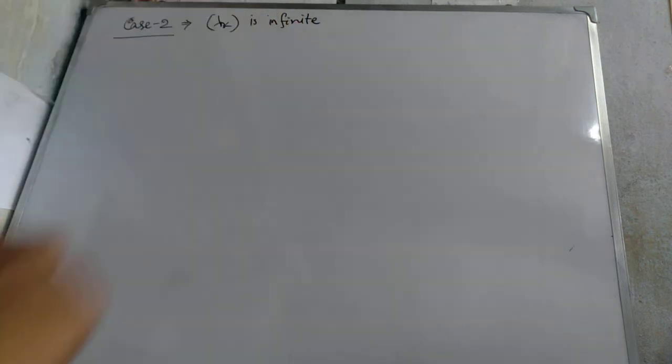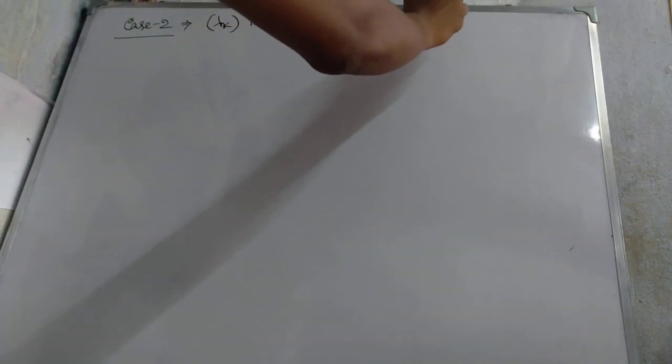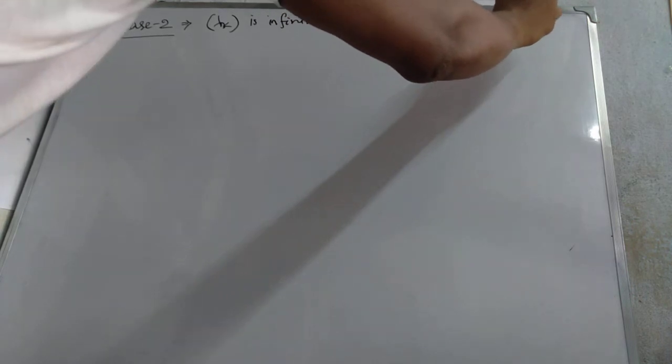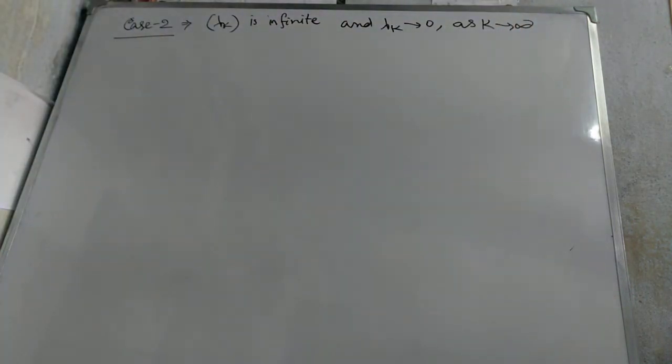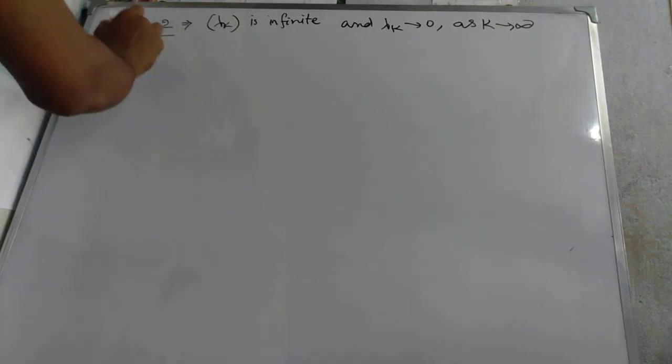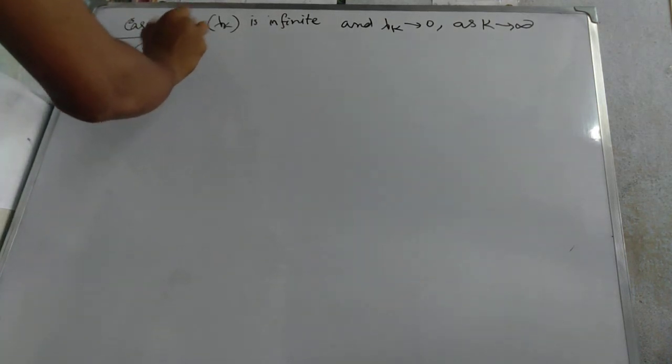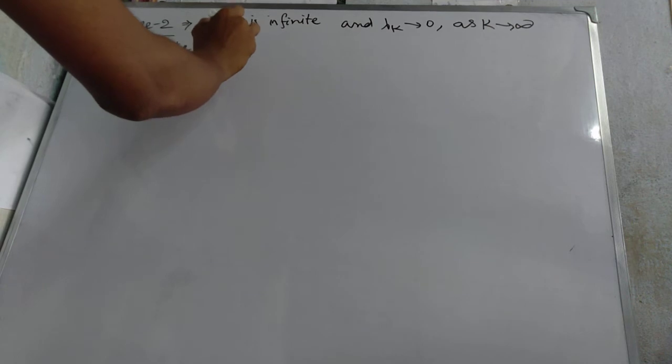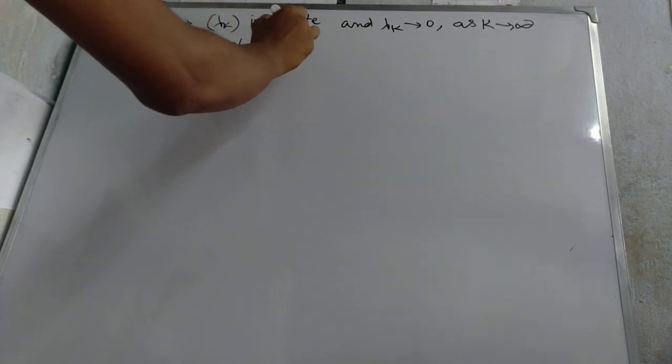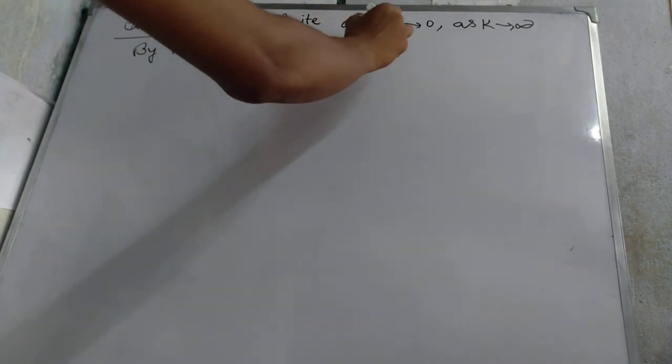Case 2: lambda k is infinite, and lambda k tends to 0 as k tends to infinity. Okay, by the spectral theorem, we get